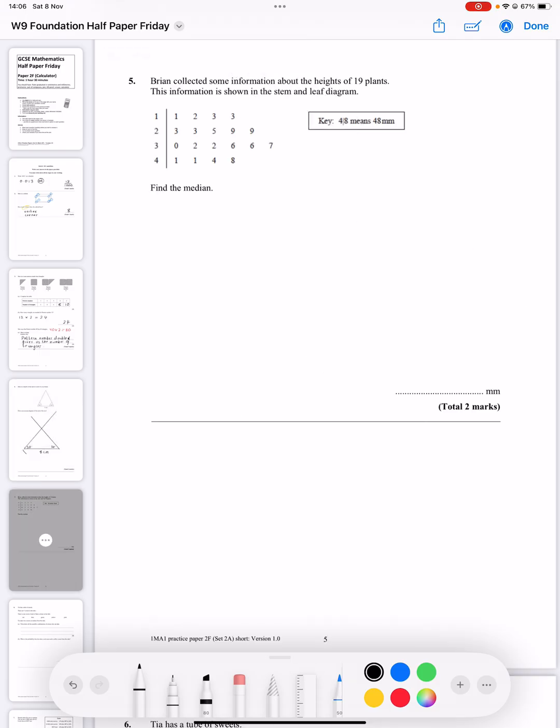Question 5. Brian collected some information about the heights of 19 plants. This information is shown on the stem and leaf diagram. So there's 2 methods we could use to find the median. The median is the middle value. So we could start by crossing off the smallest and then the largest until we're left with one in the middle. So we could do